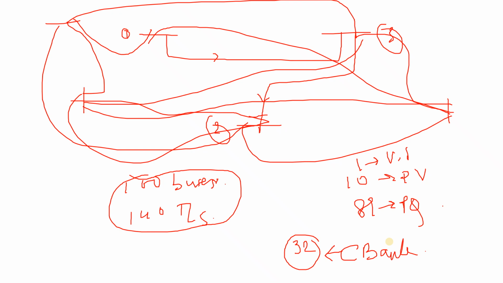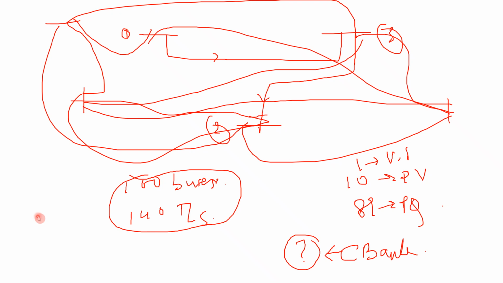Now we have to identify which 32 buses are there, because it is observed that 32 buses, or you can say it is not given, because that will be easier. Suppose 32 buses are not given. Suppose you have to calculate for how many buses you need a capacitor bank, and what the locations are, because if you know the locations, then obviously you can count them. So it is not the quantity, it's just the locations.